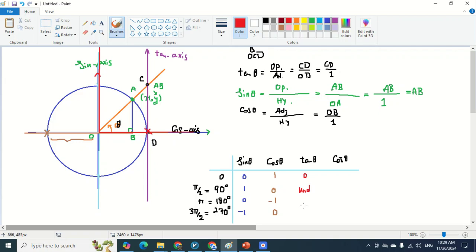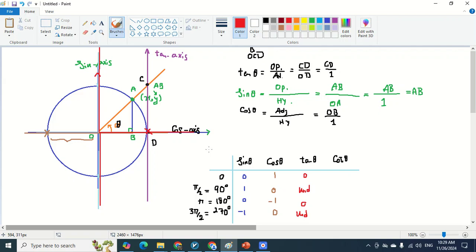And for this reason the value over here is 0. And when we are at 270 degrees, again we have two parallel lines; we will actually never meet them, so the value over here will be undefined. So in this case you can define the sign of sine, cosine, tangent and cotangent in each sector,